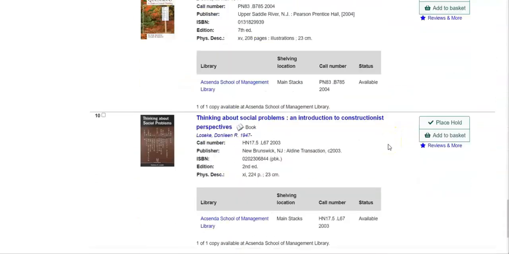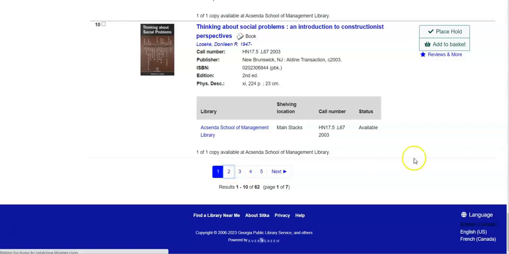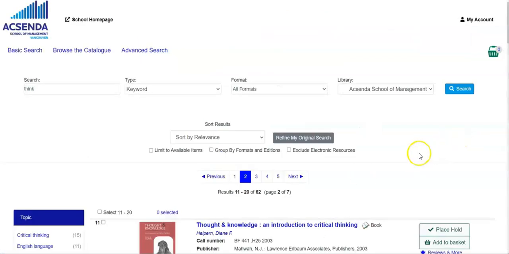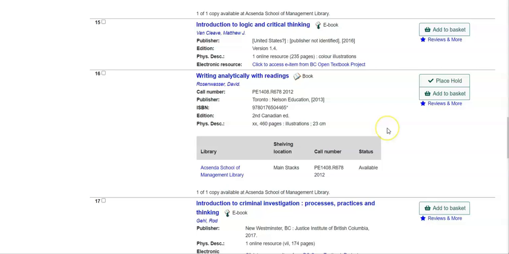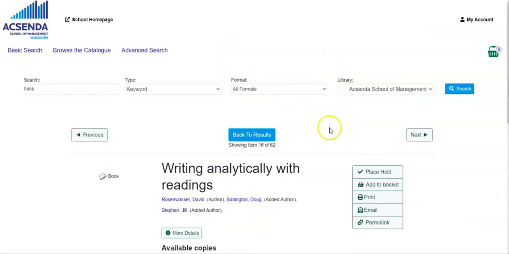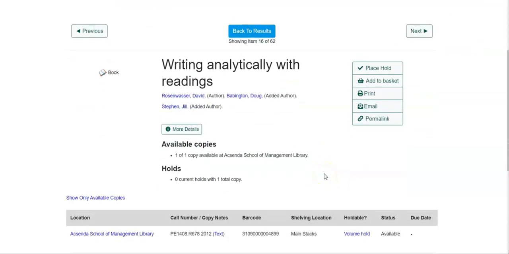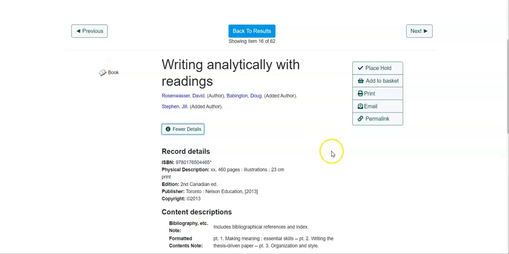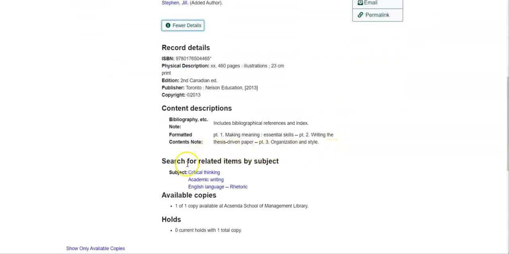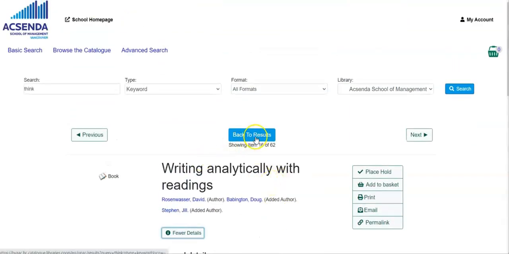And I'm just going to go to the next page. Now, at some point, you're going to find when you do a keyword search that there is an item that doesn't have the word think in the title. But if I click on it, I will go to the record for the page, and then I can click on more details to see more details about this item. And you see the word thinking is actually in one of the subjects. And then if I go back to results,